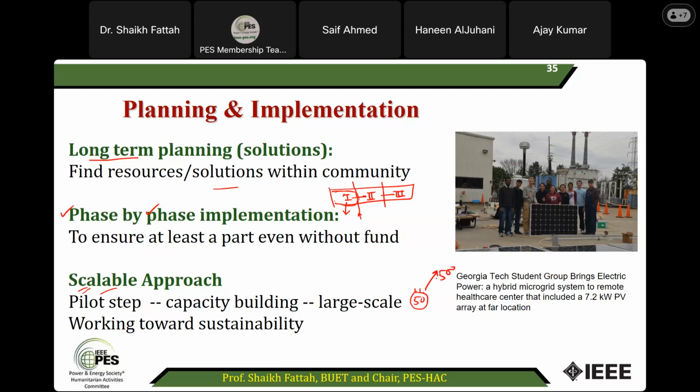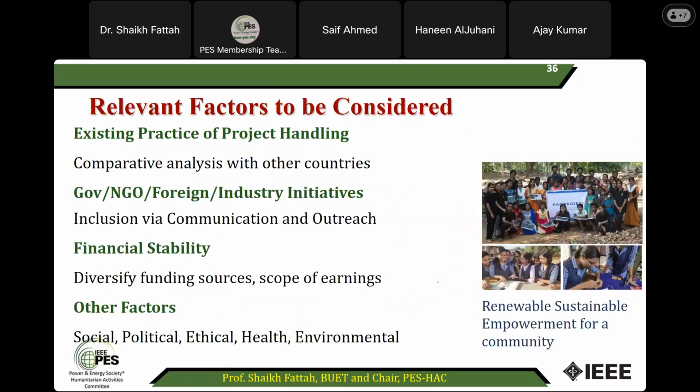So these are kind of good projects, because maybe you cannot target 500 families at the very beginning, but you propose something and show that for 50 families it's working very nicely, then you can apply for the extension of the funding. So you have already proven technology, and that will also give comfort to the donors. So these are some relevant factors.